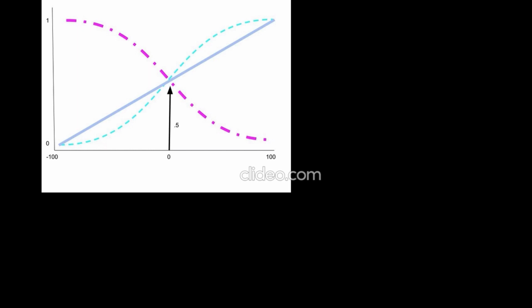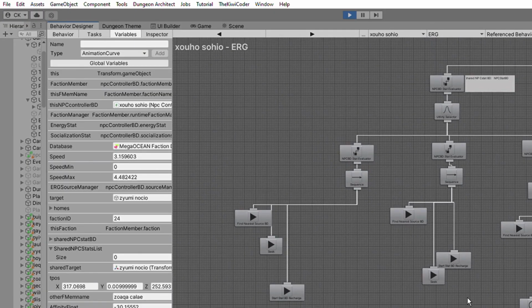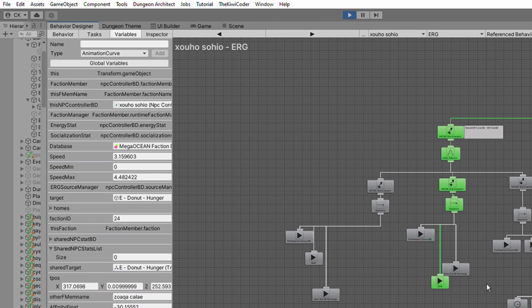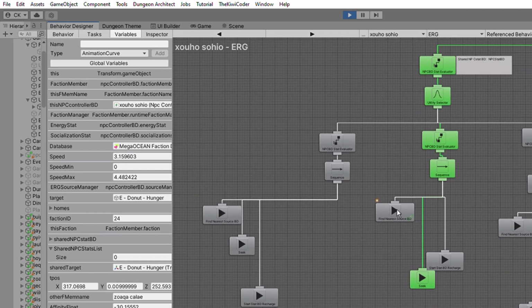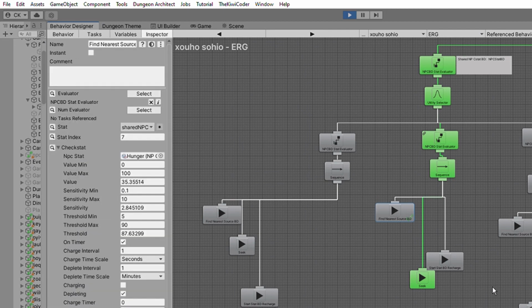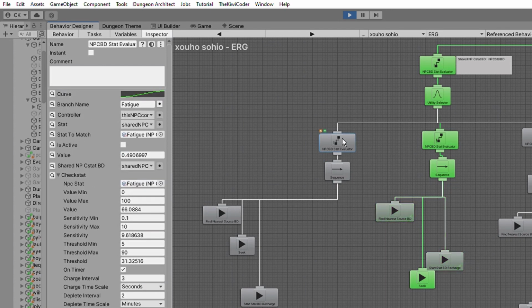When it's used in this project, it takes a range of data and compares it against a curve on a graph. You can define the curve however you want, and whichever one has the highest value when it's evaluated along that curve wins, and the NPC pursues that. So if the person is more hungry than they are interested in socializing, they will go to a burger joint rather than a barbershop. The barbershop is where they go to socialize. The burger joint is where they go to eat.